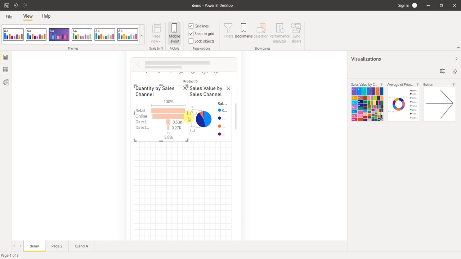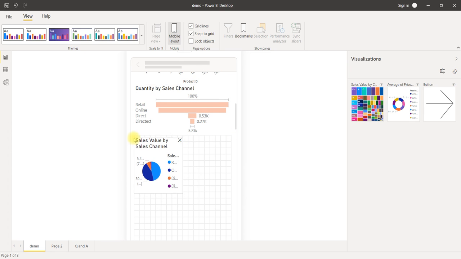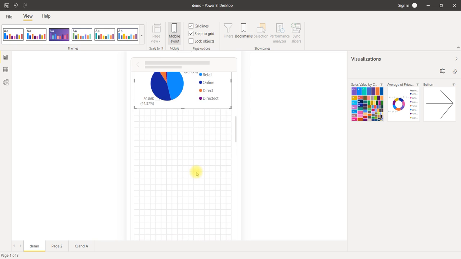Or we can reduce the funnel chart a little bit and increase the pie chart, or if it is congested, take it down. This particular chart will show like this, and this particular chart we will show like this. Okay, scroll down. This particular chart, click and drag.